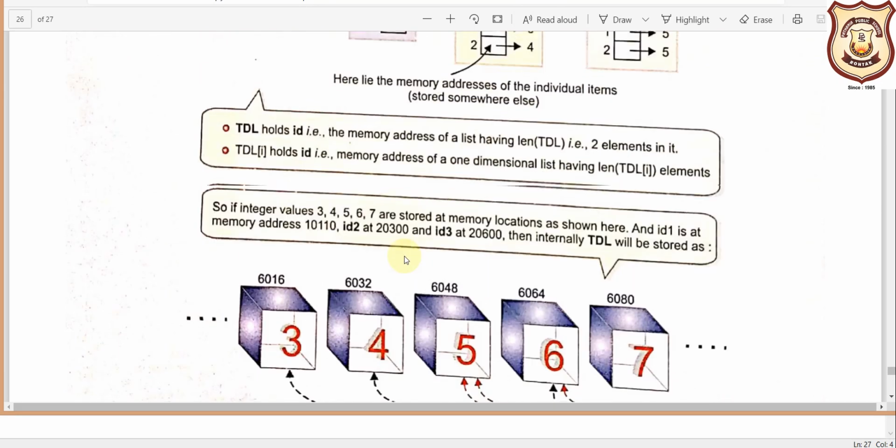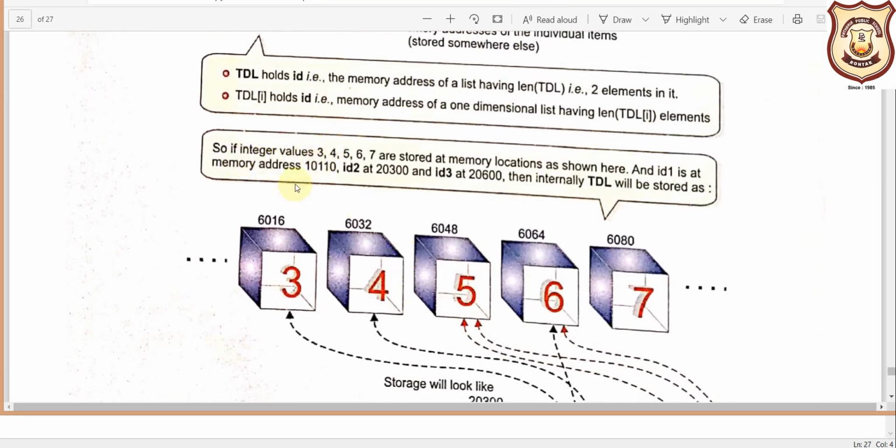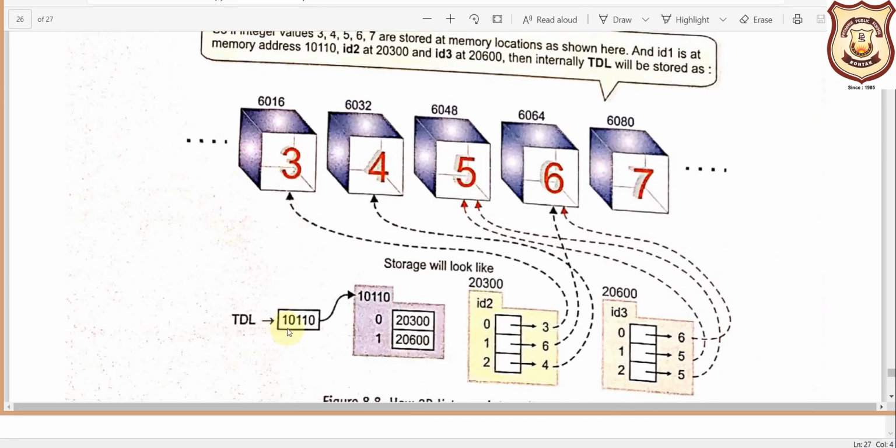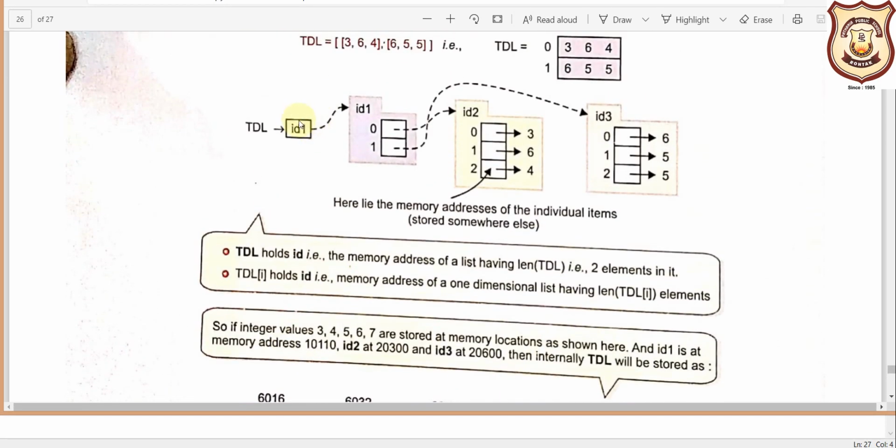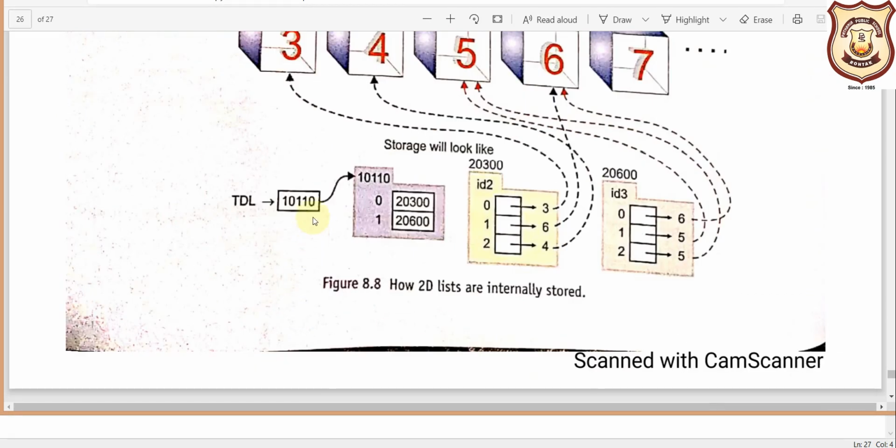So if you are going to store the values, it is a different notation. Here it was saying id1, but now it is not saying id1, it is saying a particular address. Now you are pointing to this address, and this address is further giving a reference to the address where the values will be, okay. So they are not directly pointing to the values, they are pointing to the locations.